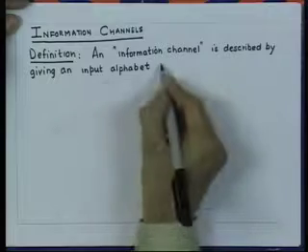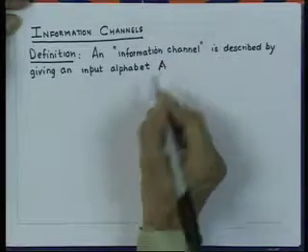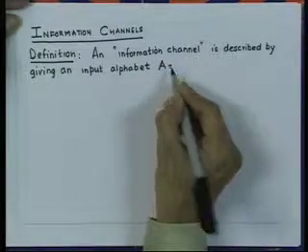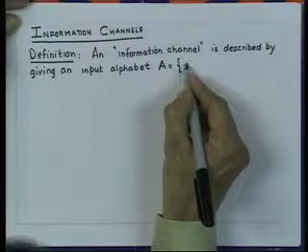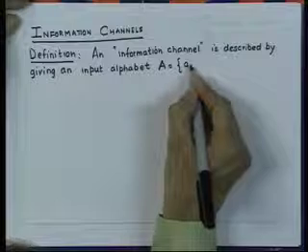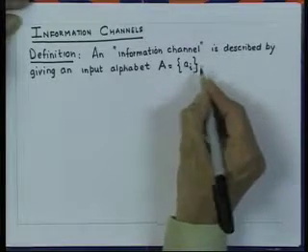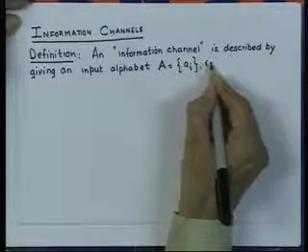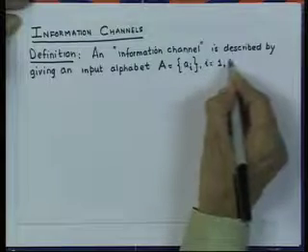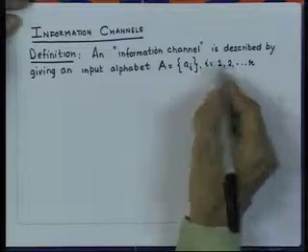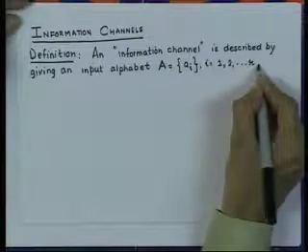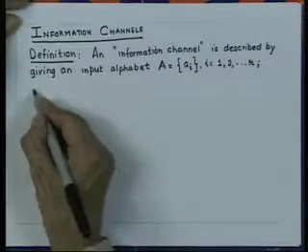We will call that input alphabet A, consisting of input symbols denoted by A_i, where i takes the value from 1 to R, which means the size of the input alphabet is R, and